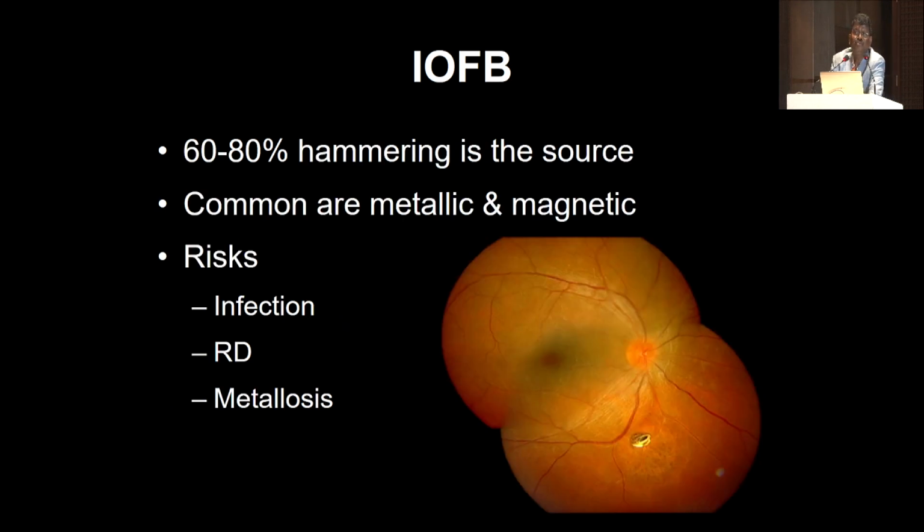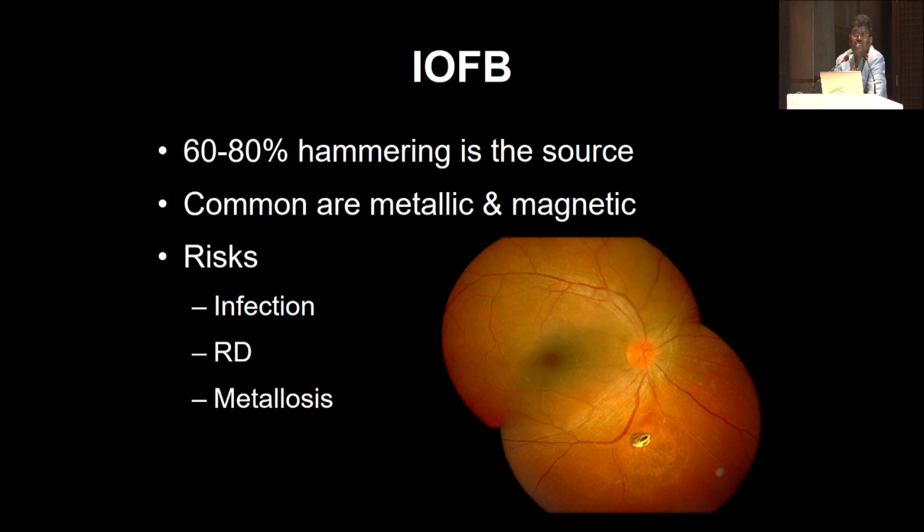And what we come across is because of the hammering of the chisel and without any protection, and this is what is very commonly seen. 60-80% are foreign body, and in hammering and chisel usually it will be a single foreign body. If we come across multiple foreign body, even if the patient denies, we have to suspect some blast injury.